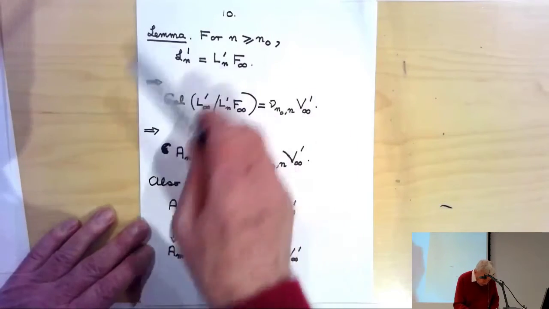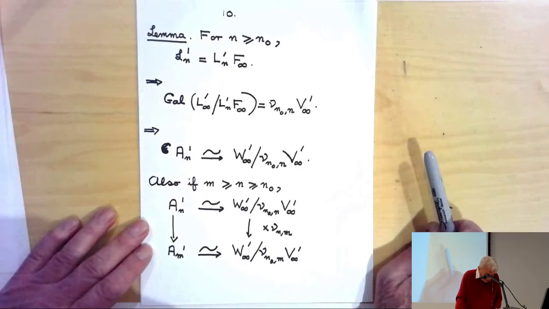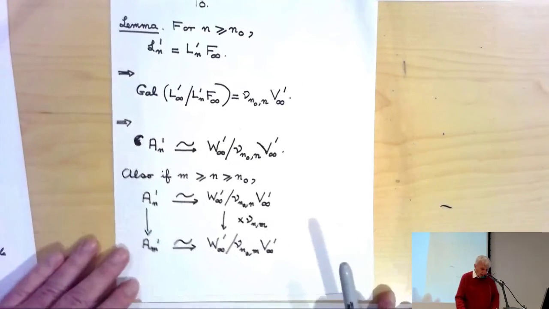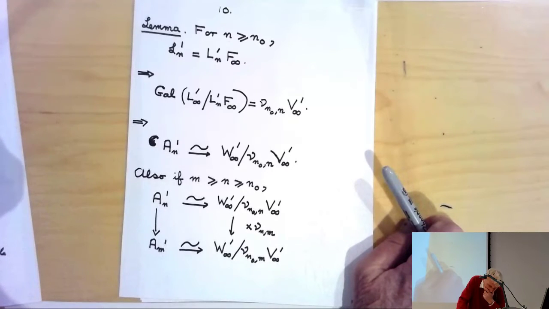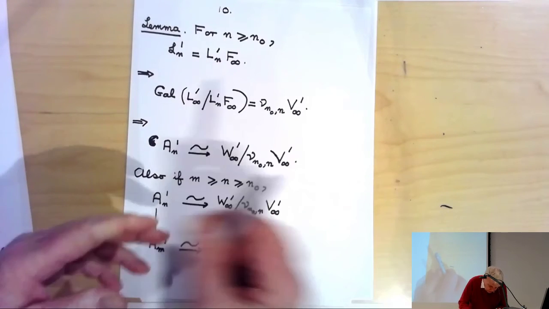The crucial lemma is that for n greater than or equal to n naught, I'm suddenly worried myself. I think this should be